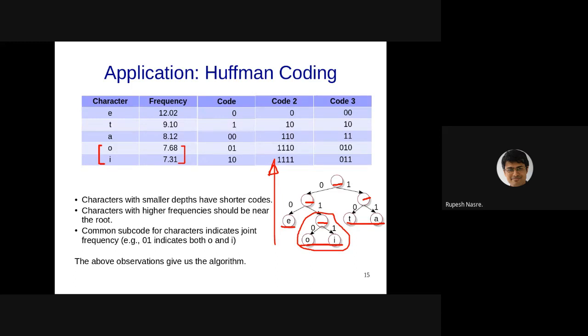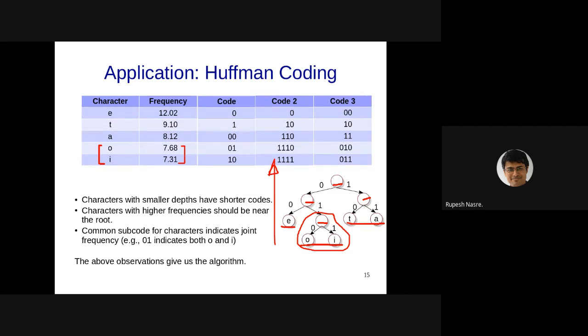Okay. Anirudh says a min heap based on frequency, delete min and give 1 to it and 0 to the rest. Min heap based on the frequency, I see. Okay, I understand this.